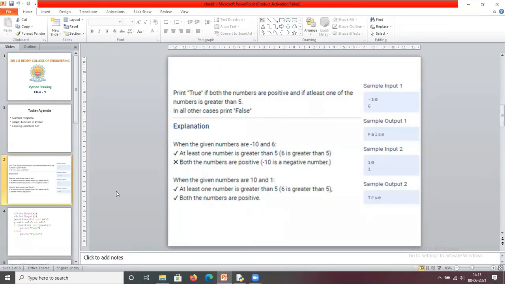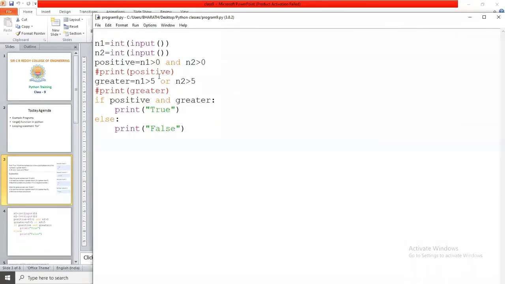So how we are going to use the branching statements if, else, and how we are going to use these logical operators and, or. So these two are the logical operators. Based on the problem description, the first condition is that two numbers are positive numbers. So here I am writing n1 greater than 0 and n2 greater than 0.